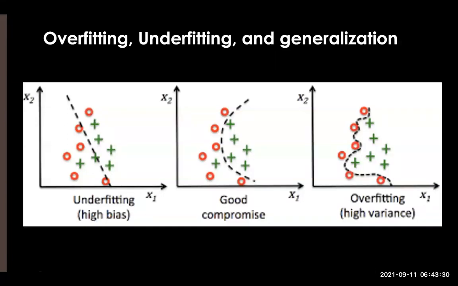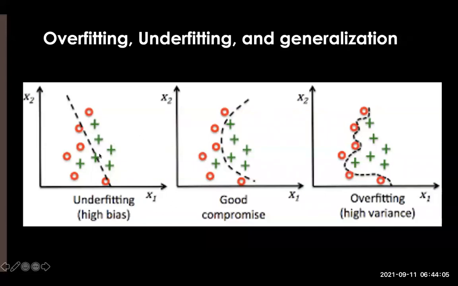If you look at the overfitting one, see what I was saying, that the model was trying to capture everything. The model was actually trying to capture all the red points. You can see how it's trying to make sure that it clearly separates all the circles from the plus, meaning it wants to be perfect. So it memorizes all the patterns. But in the process of memorizing all the patterns, it also memorizes noise, some things that are not useful. That's because the model is too complex.